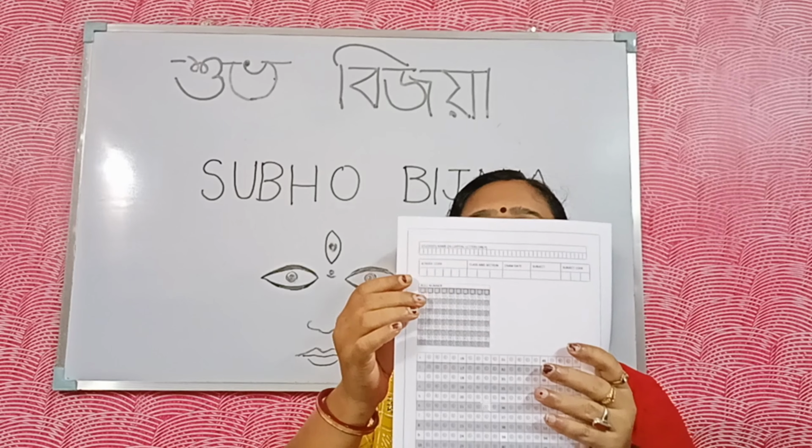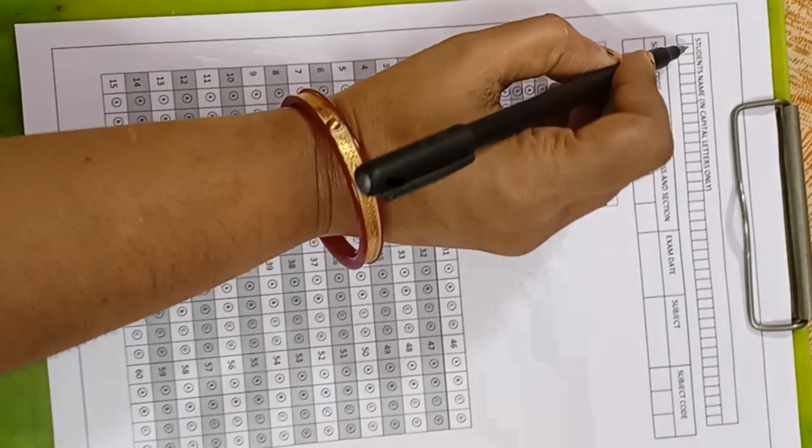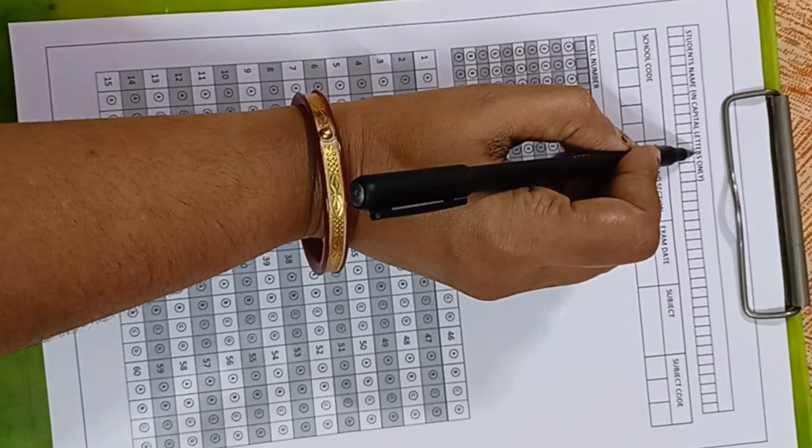Students, listen very carefully. When you get the OMR sheet, first of all you fill up your personal data. The student name in capital letters only. Only use capital letters and a blue or black dot pen. No one should use a gel pen to fill up the OMR sheet. First of all you write, my name is Rumki Chakraborty. I fill up here RUMKI, all in caps, and then leave one space and write Chakraborty. Your title you can write.